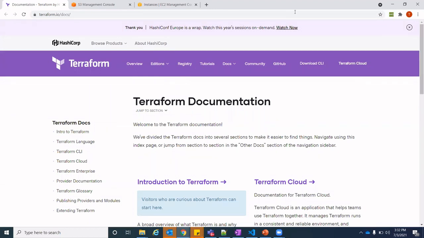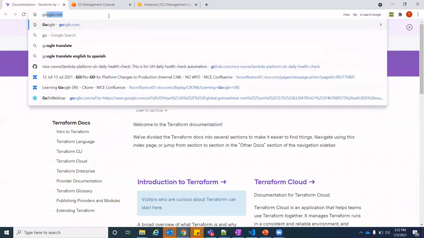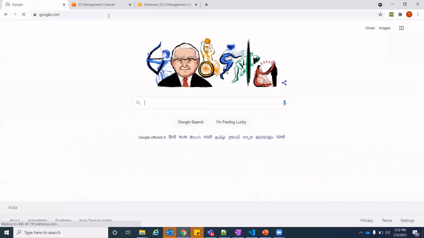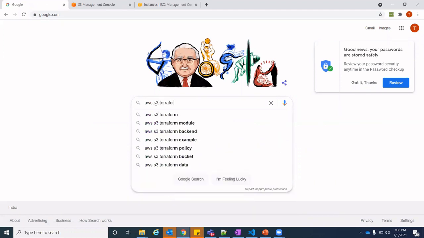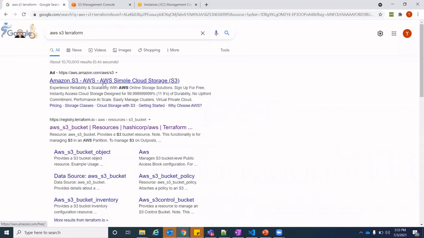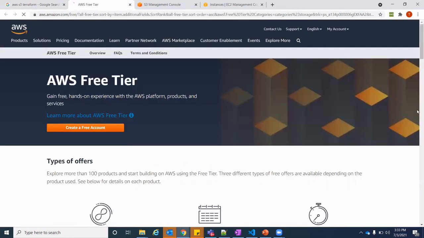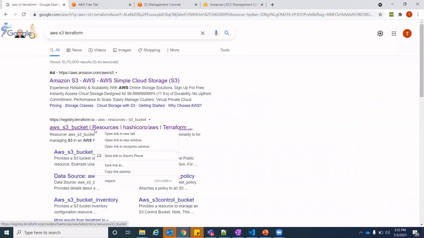Suppose, let me show you. On google.com I'll put AWS S3 Terraform. See here, you will get the module or the code of the